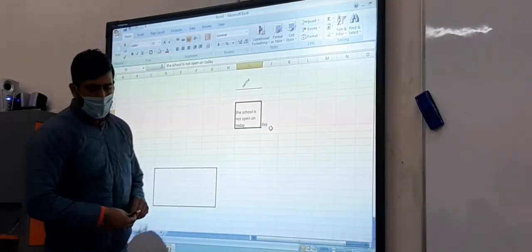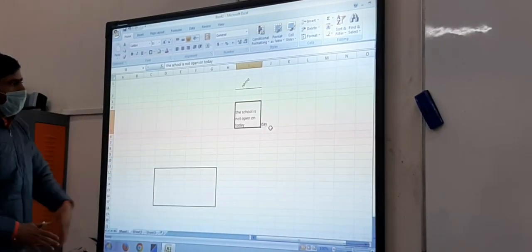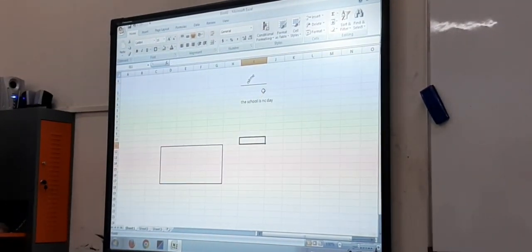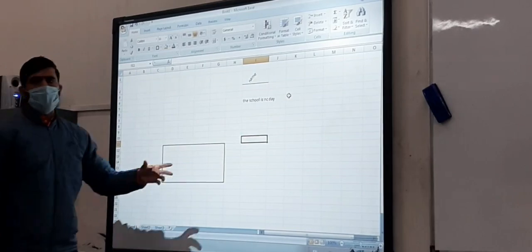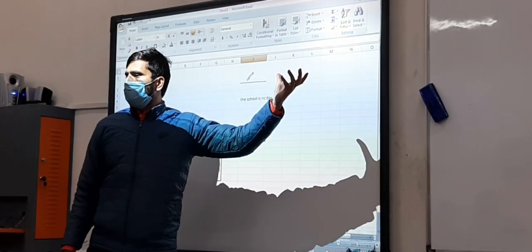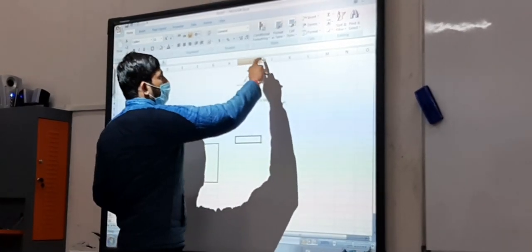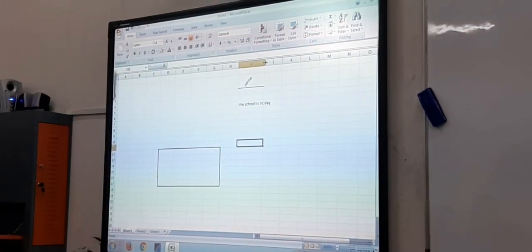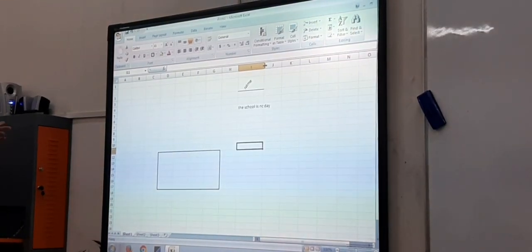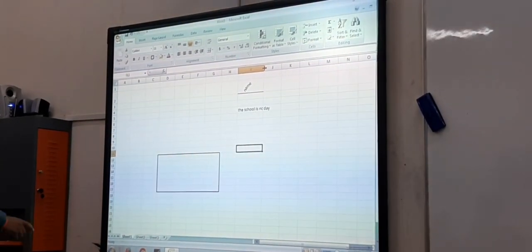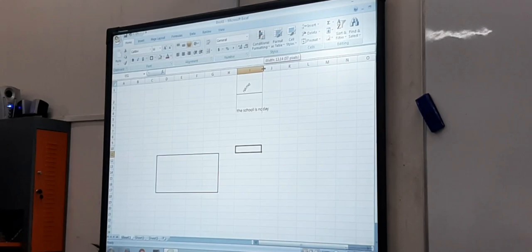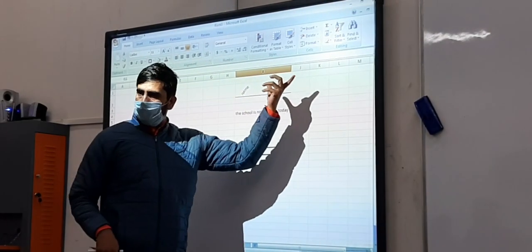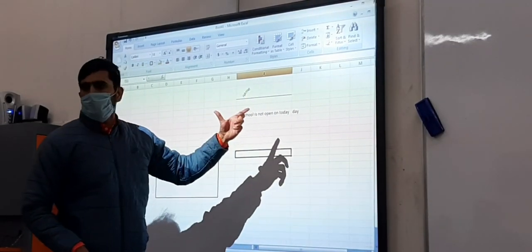Okay, now changing the column width. Suppose here we have seen the wrap text. If I close it, now if I want to increase the column width, how can I do that? First you have to come here, and when this option appears, a two-sided arrow with a single line, you just double click on that. Simply double click and you will see the column width change. This is the first option.